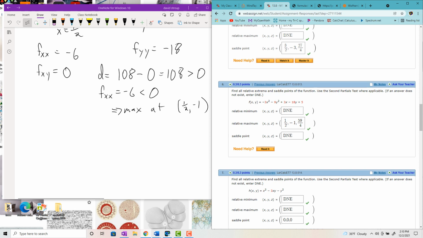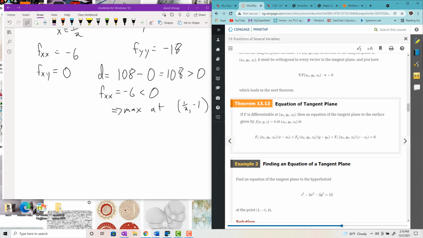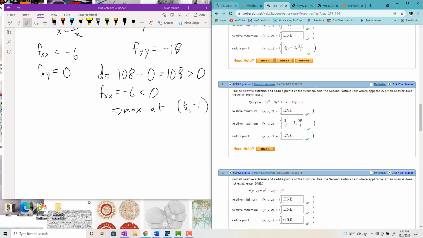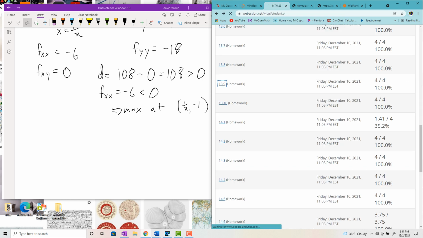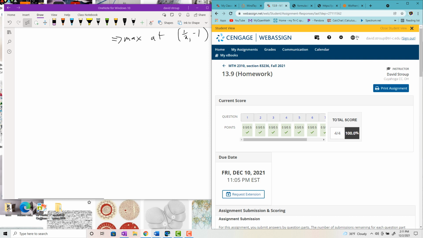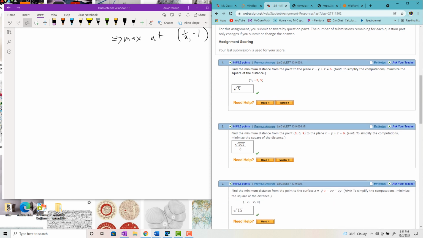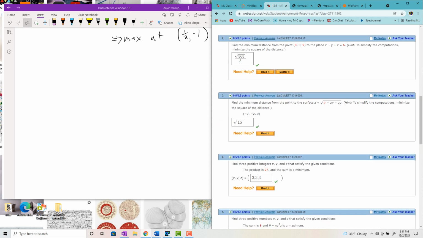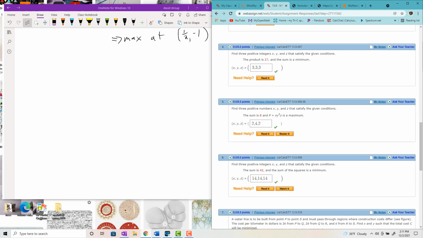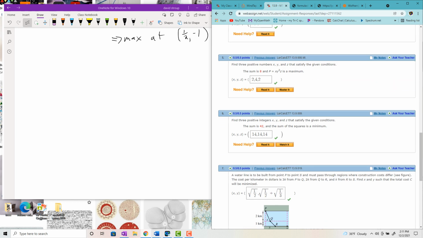So you're finding relative extrema. Then in 13.9, you're using this idea to minimize or maximize stuff. And then in 13.10, that was Lagrange, using Lagrange's theorem, I guess. So let's look at 13.9. And these are fairly simple. They just come down to doing a kind of a... So I'm not going to put 1 or 2 or those distance formulas on the test. I'm not putting those on there. It'll be like 4 or 5 or 6. Okay, so 13.9